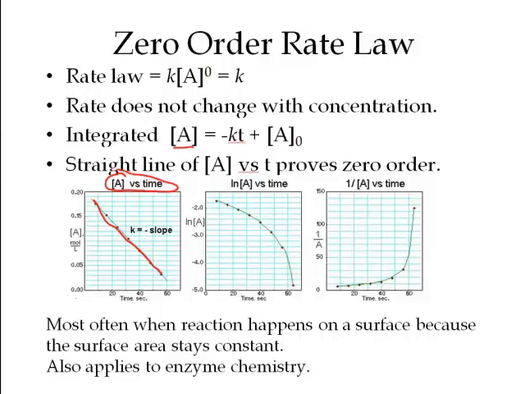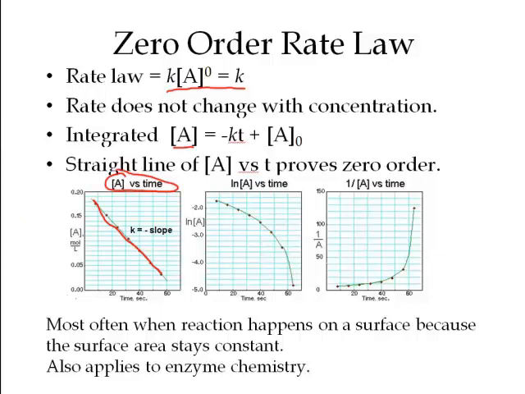Now, zero order rate law expressions are kind of weird because if you look up here, basically the rate law is just due to the constant. And that tells you that it doesn't matter what the concentration of this reaction is, it's going to go at the same rate, essentially. And that, if you look down here, happens mostly on the surface of something, like when you have a catalyst involved, or apparently with enzyme chemistry. I'm not really familiar with that, but anyways,